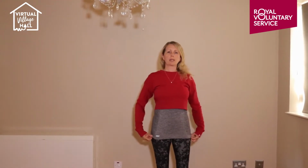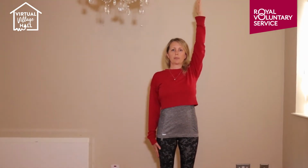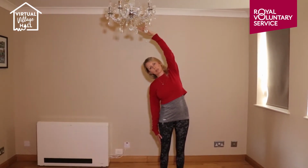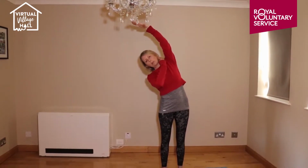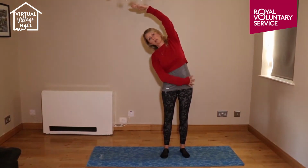Okay, so we're going to warm up the waist now. So you're going to bring the right arm up. I want you to relax that shoulder down. You're going to take a breath in. As you breathe out, you're going to lengthen over to the side. So make sure you've got a nice gap between your arm and your ear, and we're just lengthening through the